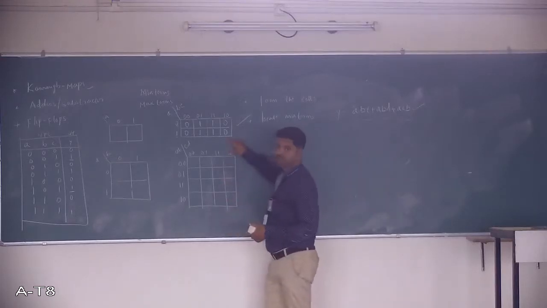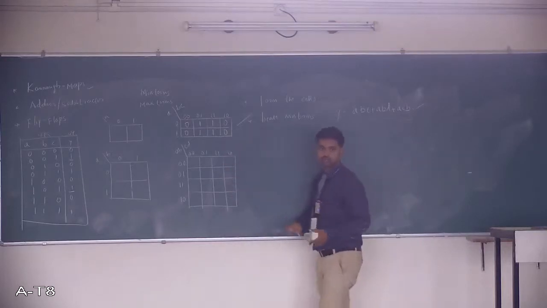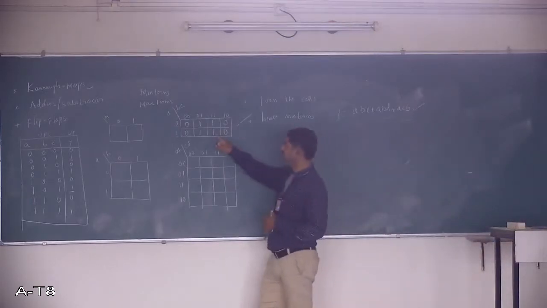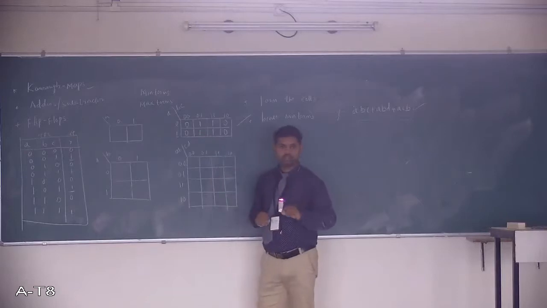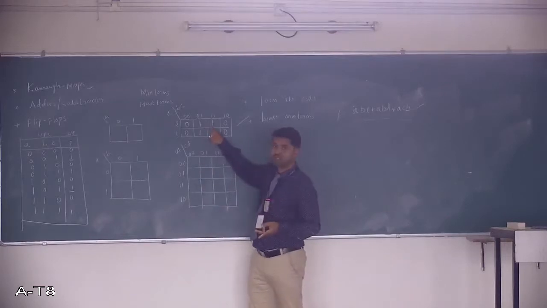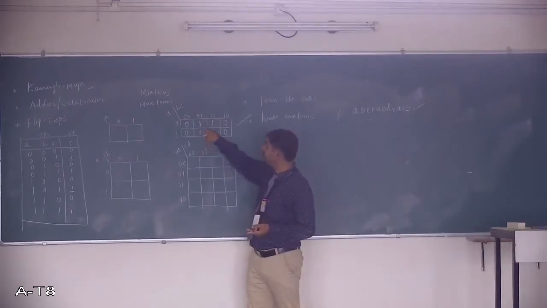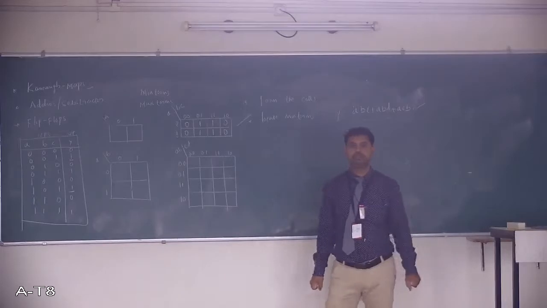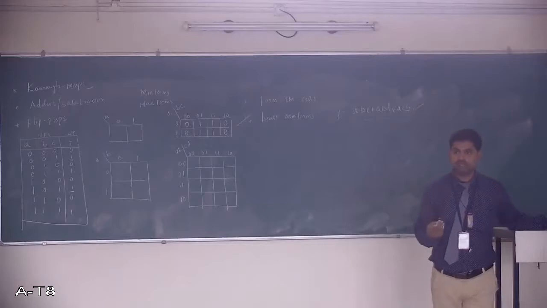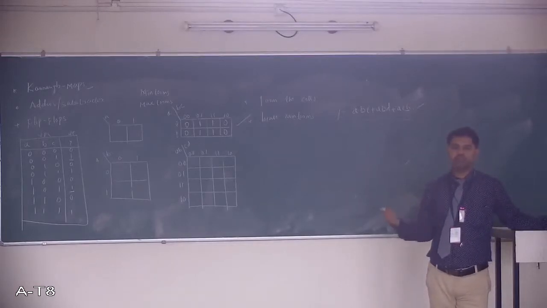I have already located ones and zeros. What kind of grouping is possible? See here, 4 cells are value logic 1 and grouping can be done always with respect to logic 1, right? Then, are all the cells side by side? Yes. This and this are side by side, this and this are side by side, this cell and this cell are side by side, even these two are adjacent. So all the 4 cells are adjacent with each other. In fact, all the cells are logic 1 also. You can go for grouping.